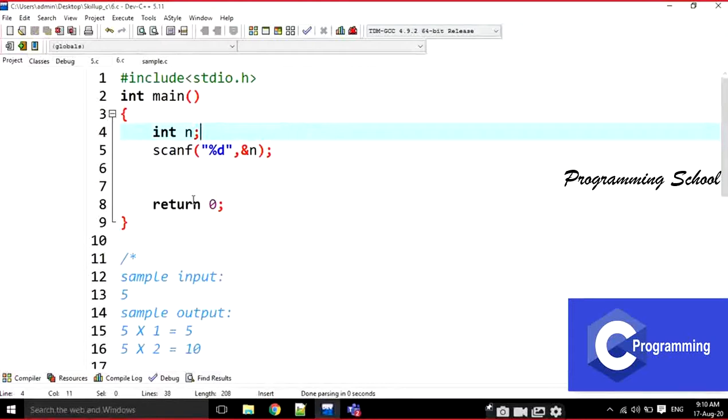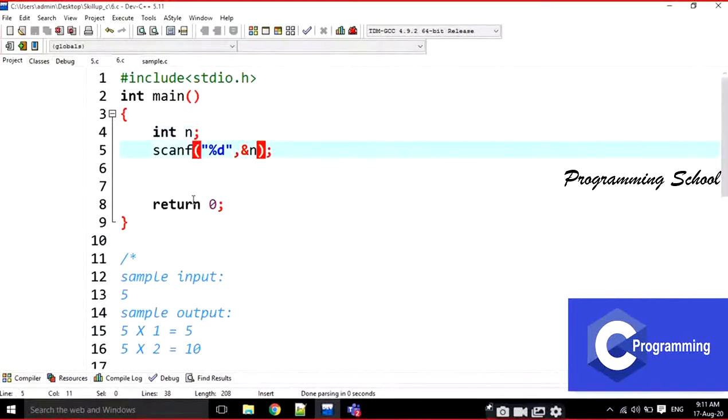They are not expecting output like that. They just read the input and display the output, because some test cases are predefined and generated. That's why I'm directly writing scanf.